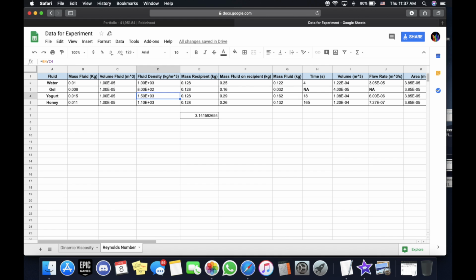This second part of the experiment brought a lot of flaws, and we didn't get any value that we needed, since all of the values are below 10, and in reality they need to be between 1,500 and 4,000. So our experiment was badly designed in this part, but we are going to explain what we did. We first found the fluid density that is on the past slide, the one of dynamic viscosity, and we